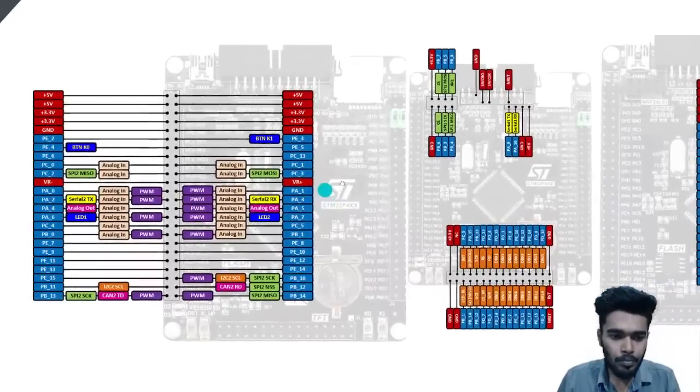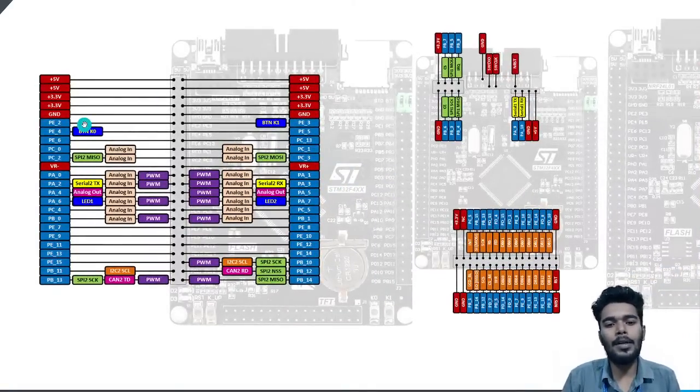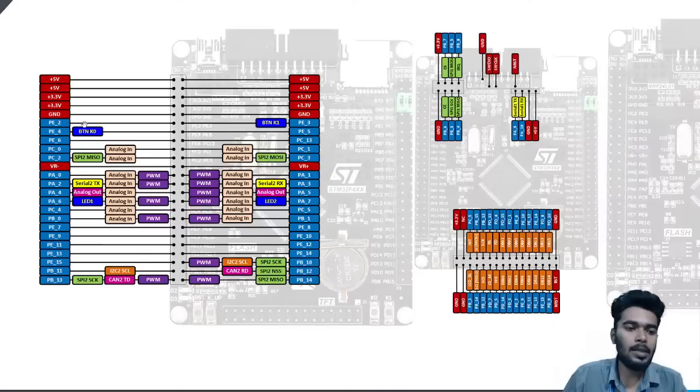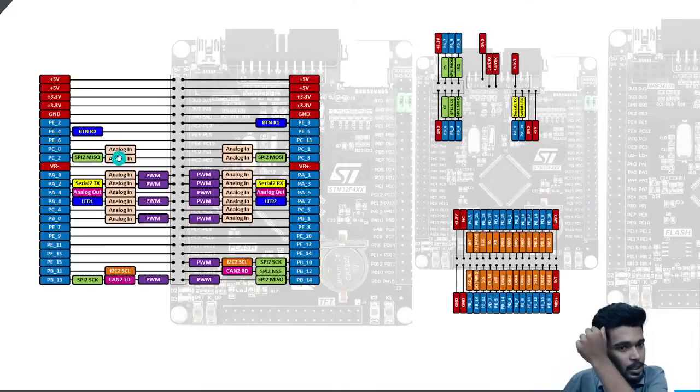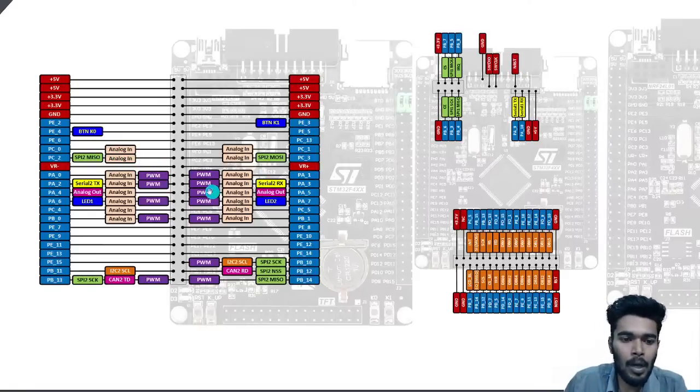Unlike Arduino or PIC, we don't have every function on a single pin. In this controller, every pin has a minimum of 2 functions to a maximum of 4 functions. For example, the PC2 pin has SPI communication and also an ADC analog input. The PA4 pin can be configured as an analog output and also an analog input. There are also PWM, serial RX, and similar functions. Every pin will have a minimum of 2 functions to